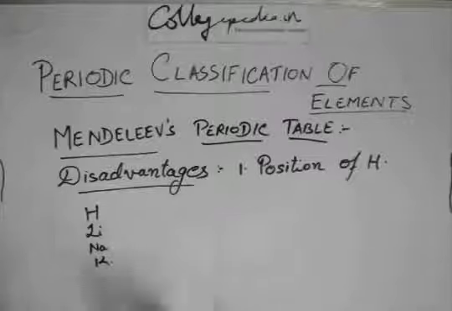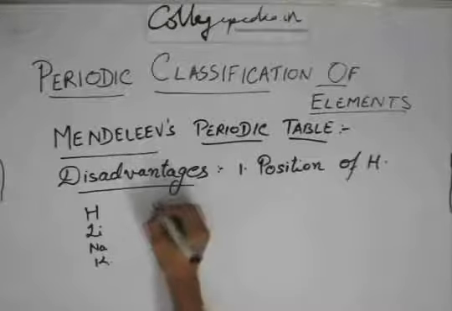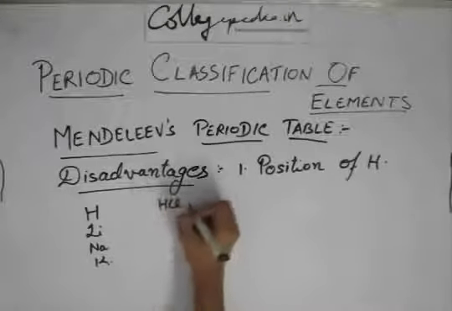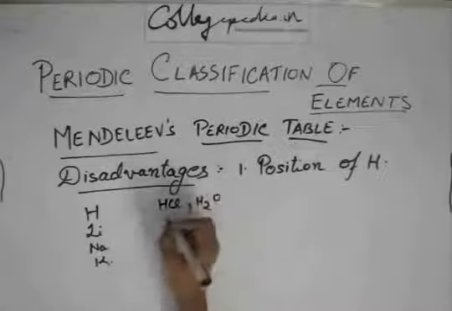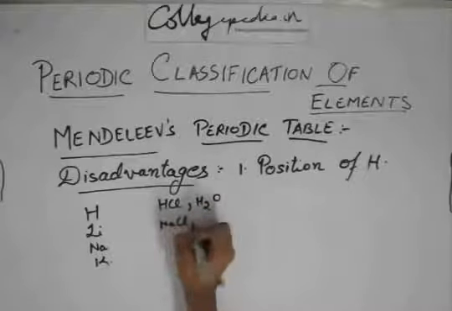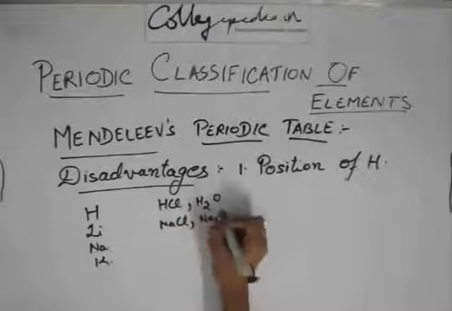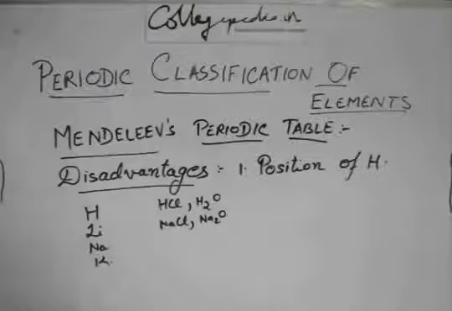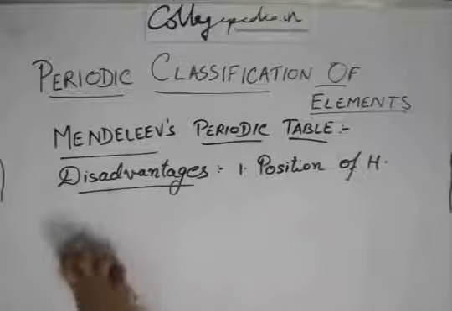Hydrogen has similar properties to lithium, sodium, potassium; hydrogen forms HCl, H2O, and sodium also forms NaCl, Na2O and so on. But hydrogen also has properties